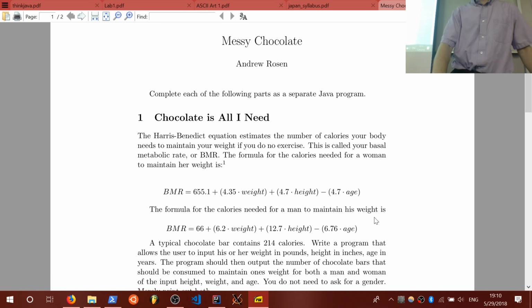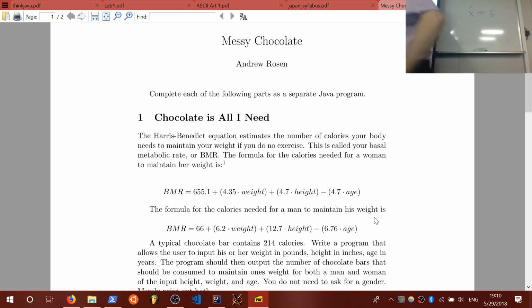Okay, so this is 2 problems. The first part is the chocolate part of Messy Chocolate. So part 1 is chocolate is all I need. We have something called the Harris-Benedict equation, which is a complicated sounding equation that estimates the number of calories you need to maintain your body rate without any exercise. The vast majority of